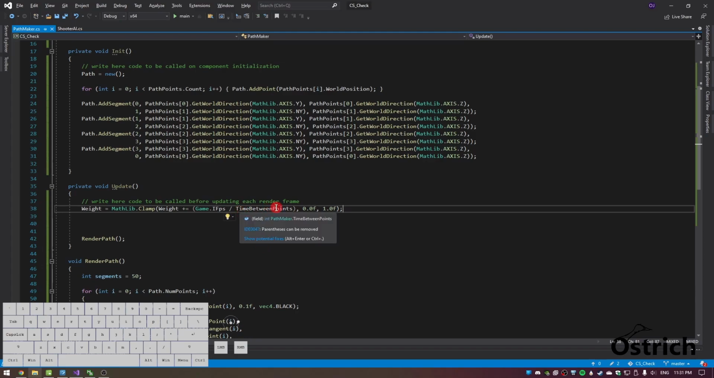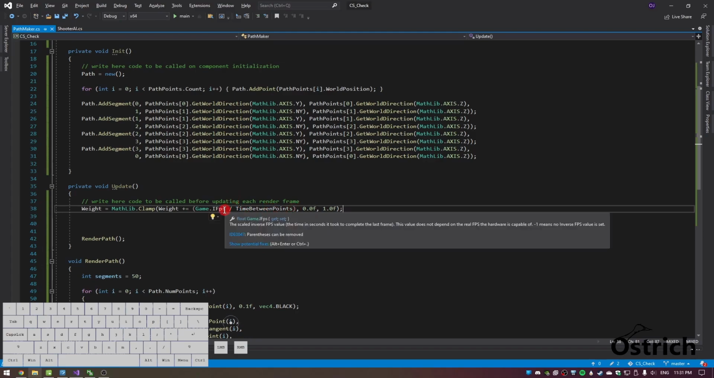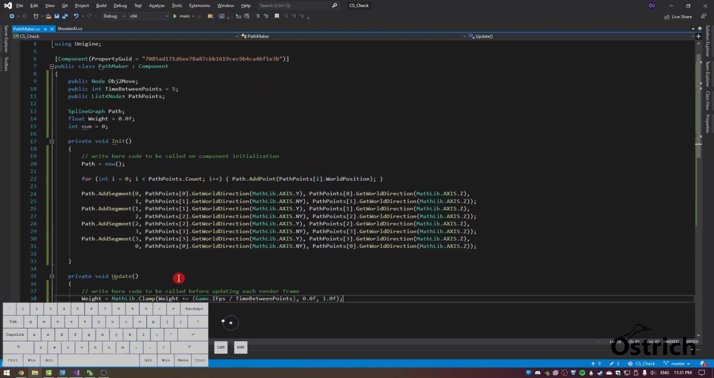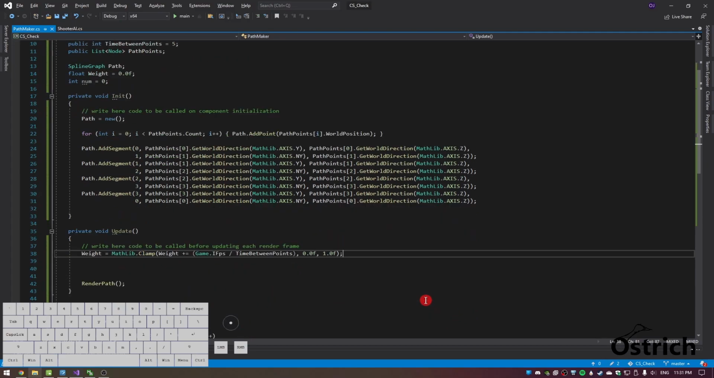And then the time between points is the division between how long you want it. So 1 second divided by 5, meaning 5 seconds. And then we're going to have it 5 times slower. That's 5 seconds. And then it's going to take 5 seconds to get from 0 to 1, which is our ratio. Okay, I'm saying that too many times. Okay, so once we do that,